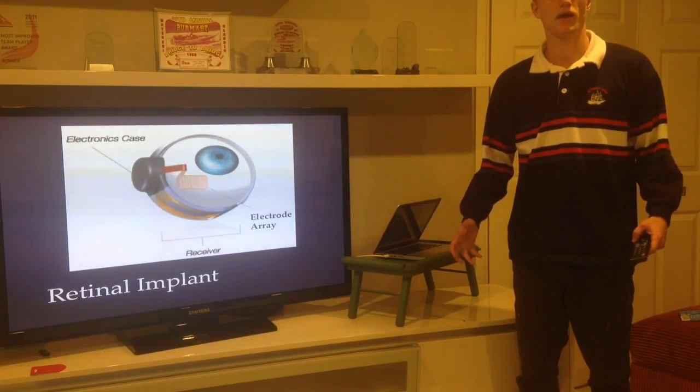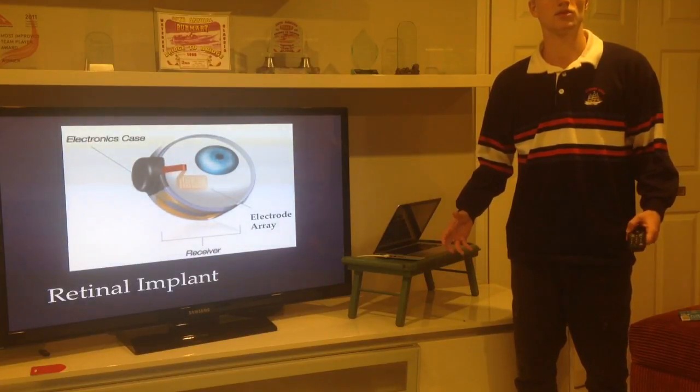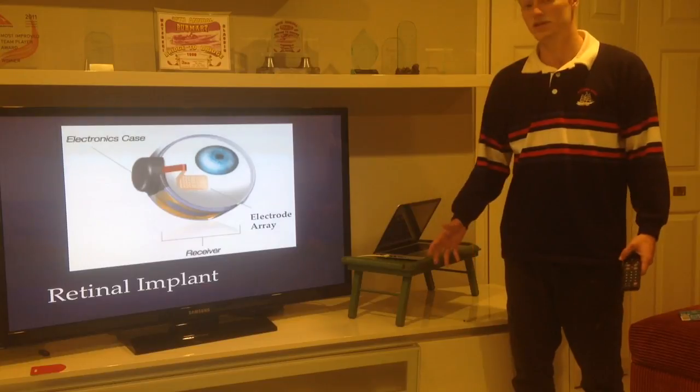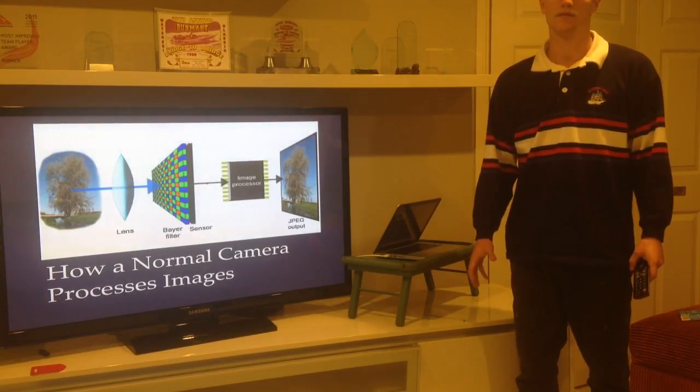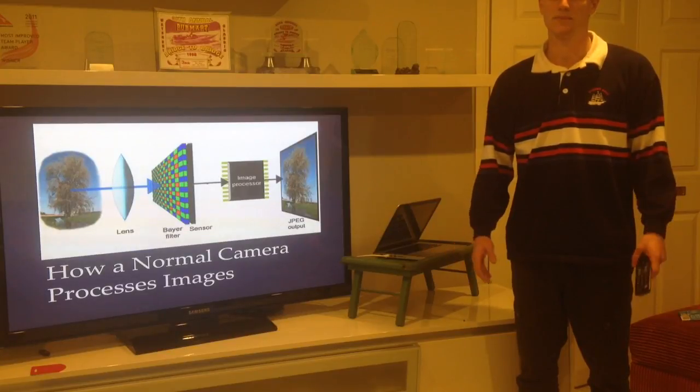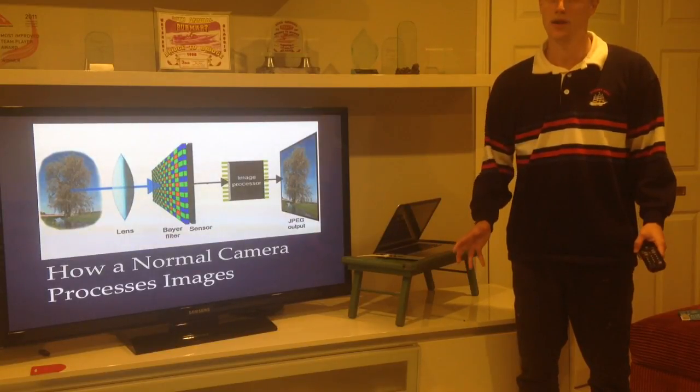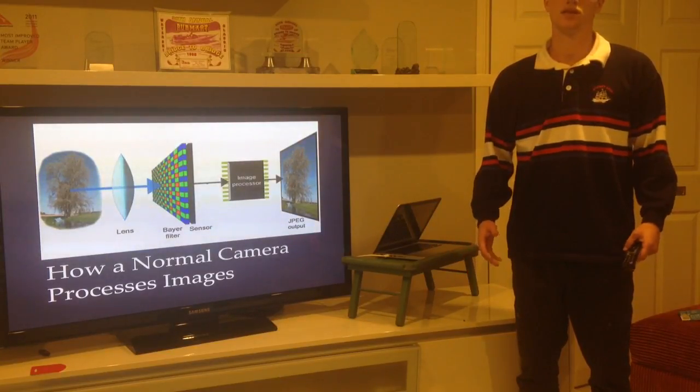It's constructed from an array of stimulating electrodes that's placed onto the retina of the eye and fed signals from a digital camera. So normally, digital cameras work by converting light at each pixel in the sensor into electrical signals that report the brightness of the light. These signals are then used to